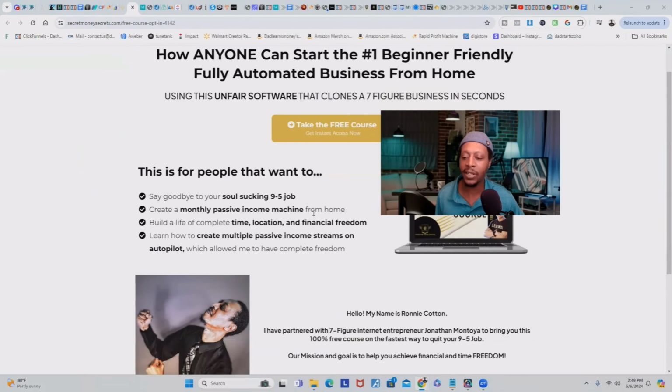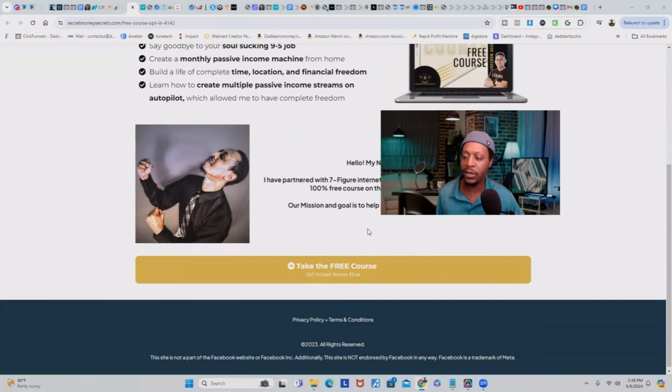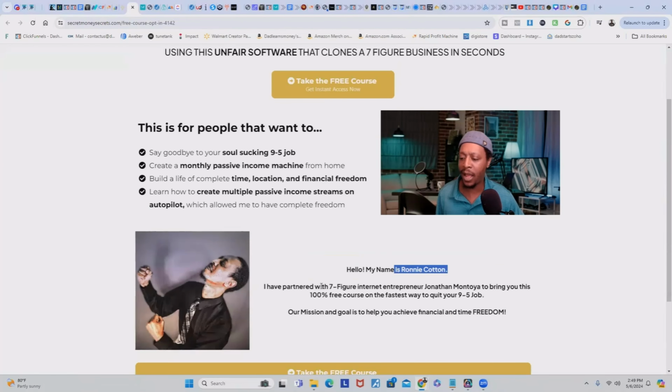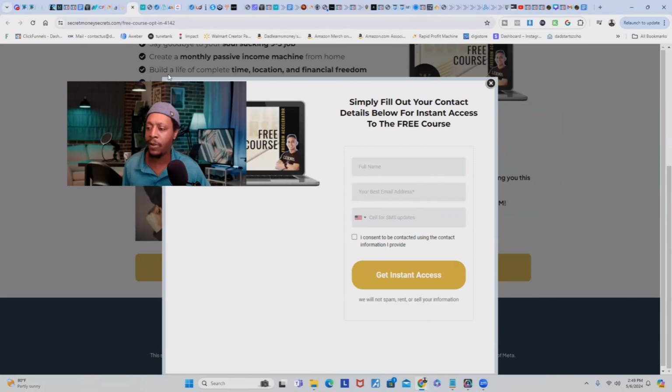Once you have everything set up, here is what your opt-in page is going to look like, except your picture will be in place of mine. And it's going to have your name in place of mine and all of your credentials. When someone clicks the button, it's going to bring up the opt-in page, and they're going to put in their name, their email address, and you're going to collect the emails into this software. You'll actually be building your own email list. And we'll talk about emails in our next video up under email campaigns.